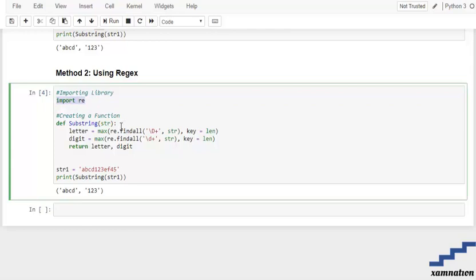After that we are going to create a function substring, and then we are going to find a letter. What this re findall function does is, it's going to use the string which we want, and it's going to iterate over our string over and over again until it gets exhausted, and after that it's going to return all of the matches for the current string. That means in our letter string over here, it's going to store all alphabets which are consecutive, and